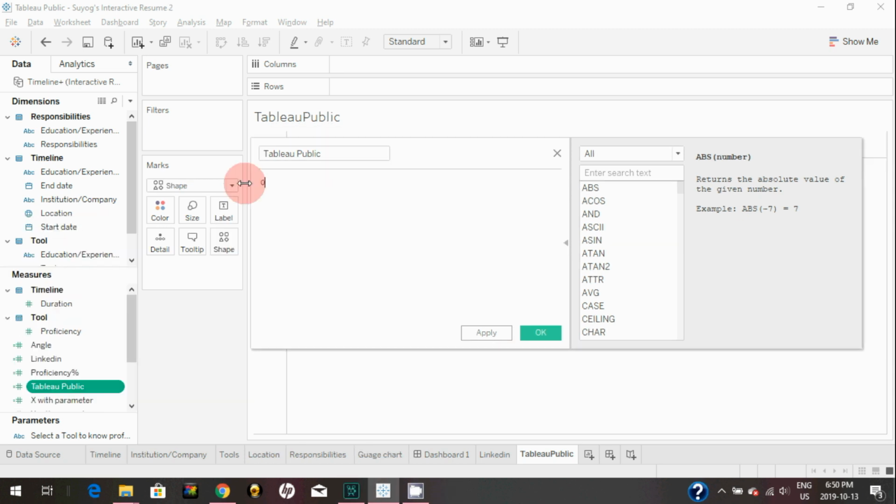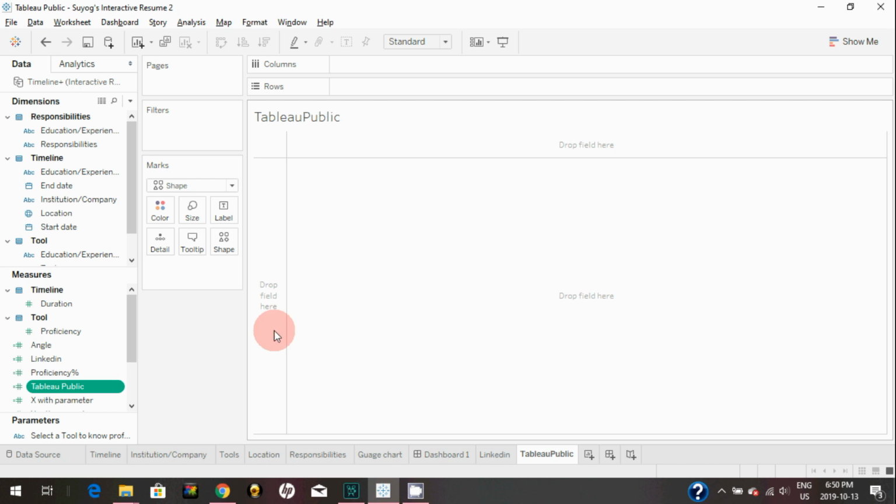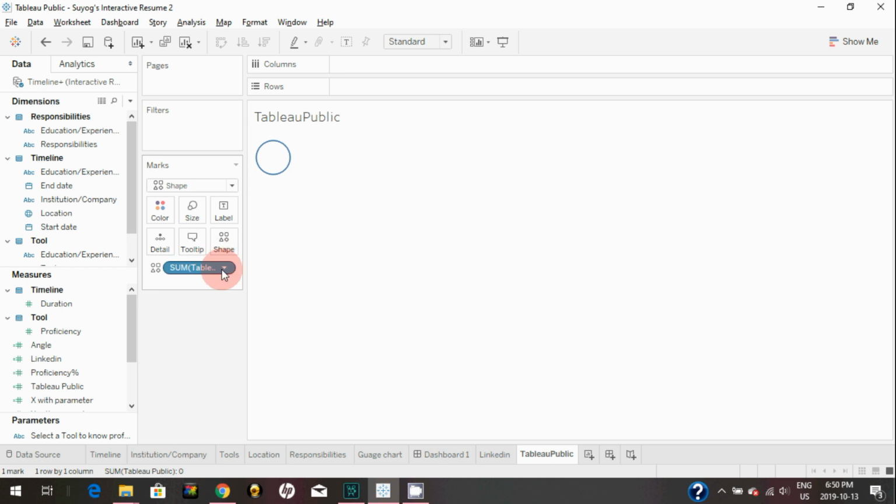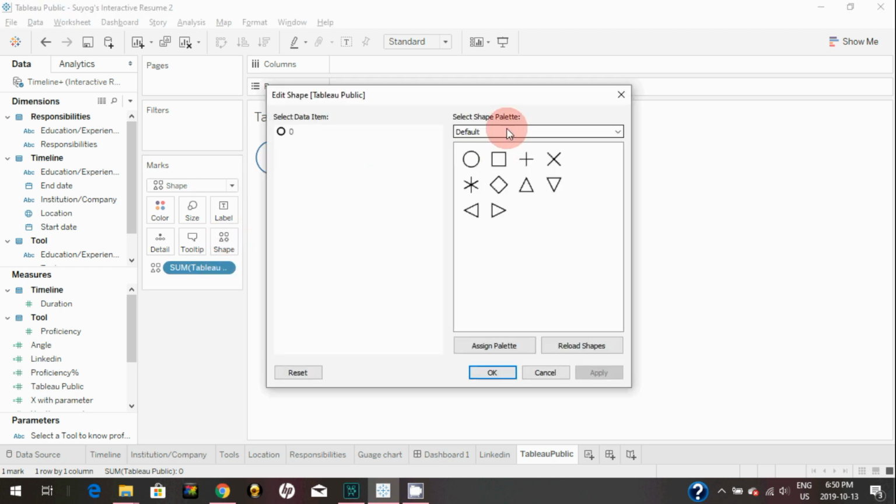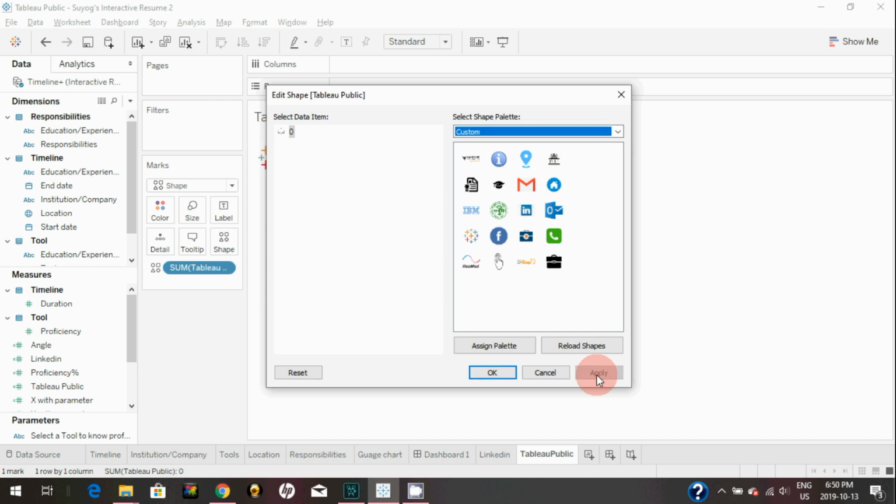Simply type 0, hit apply, OK. Bring the Tableau Public field to the shape card, click on shape, select the shape palette as custom, select 0, and then select the Tableau logo here, hit apply,